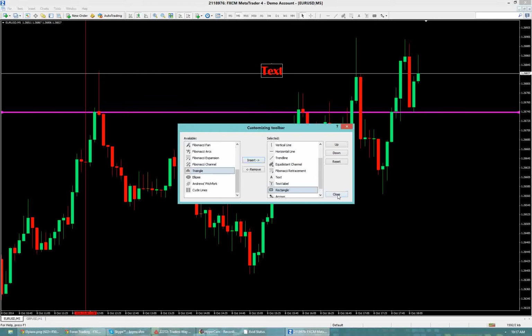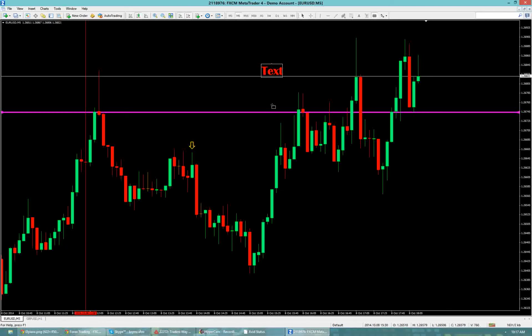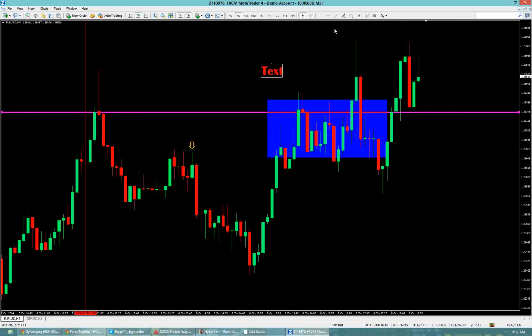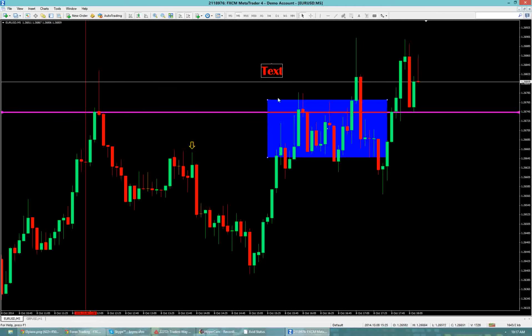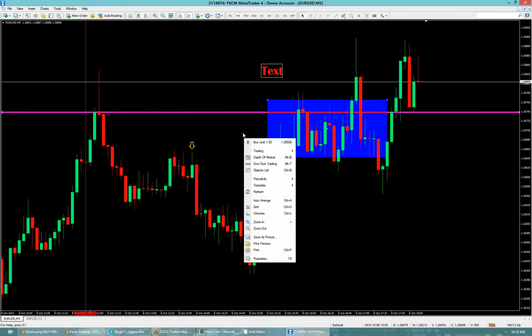Let's see, what's the rectangle tool do? Draws rectangles. This one's kind of a pain to remove. You have to click it exactly where it is. We're gonna show how to get around that. Okay, so it took me, what, 5 clicks to finally get that thing selected. You can also,